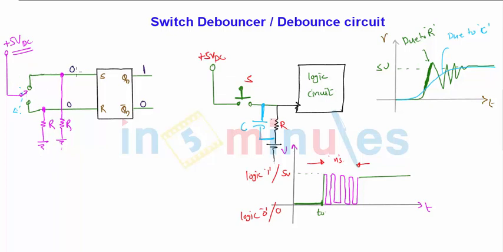This pin becomes 1, and the other is pulled down by the resistor R to 0, and the output is 1. When I shift the switch to the R position, in the next clock cycle, R will become 1, S will be pulled down to 0, and the output will be 0. So here the debouncing switch is not required.